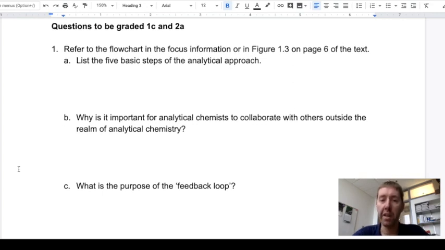After the focus information, you will see all the questions. The important thing to note is at the very top of the questions, it states what questions I would like you to submit on Canvas. So it's usually only 2 questions. Some of those questions may have more than one part, but what I would like you to do is do those questions, hand them in before the due date on Canvas, and in order to do that, you will have to convert